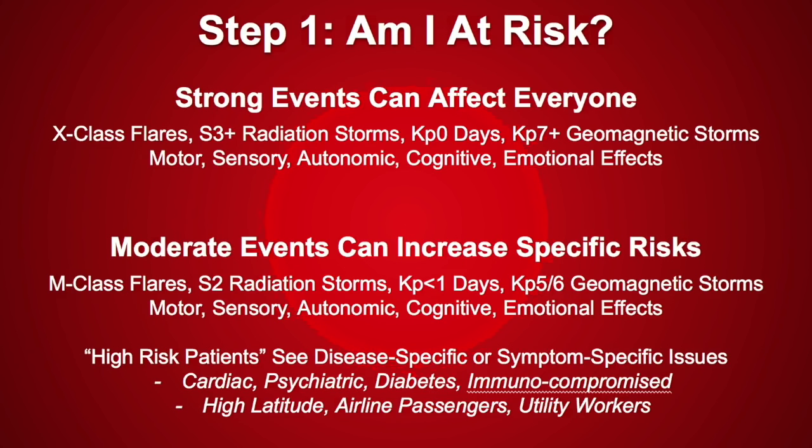Somebody's arthritis acts up. All of these autoimmune or immunocompromised issues, anything where your body's attacking itself, especially in the joints. Some of those papers are really fascinating. And also, if you are perfectly healthy, you have never had an issue before in your life, you can still be a high-risk patient. Just get on a high-latitude flight, get on any airline during a KP9 geomagnetic storm, or